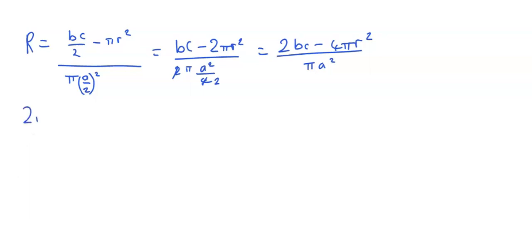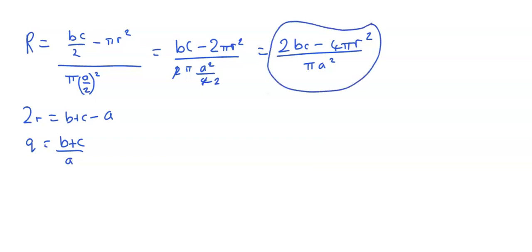We know that 2r is b plus c minus a. Q is b plus c upon a, and I have to get rid of everything except q and big R and pi. So if we look at this which we are working on,